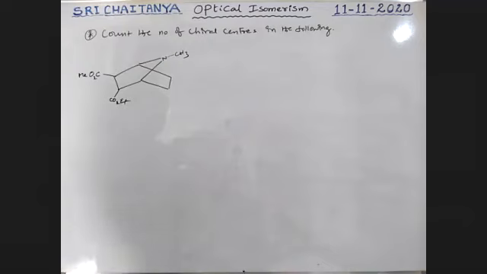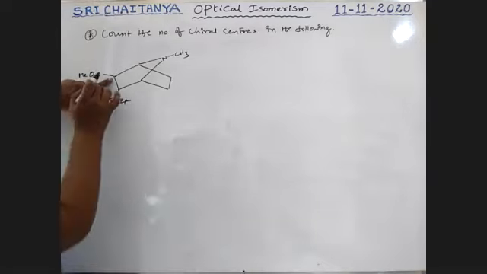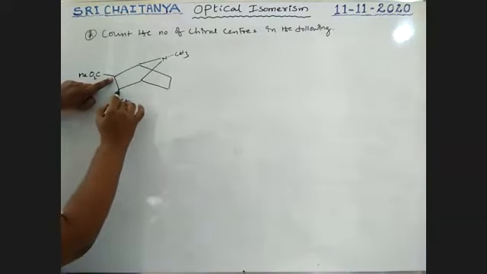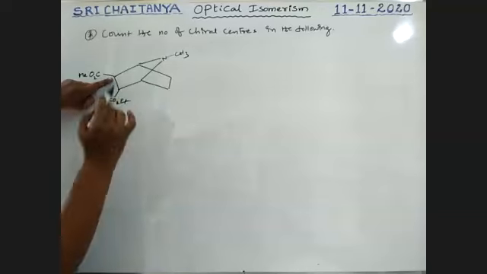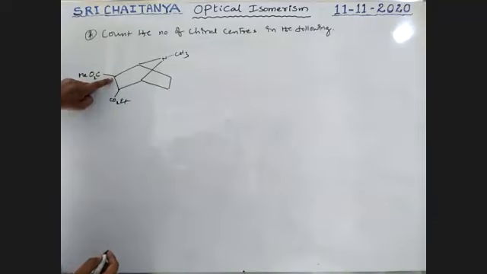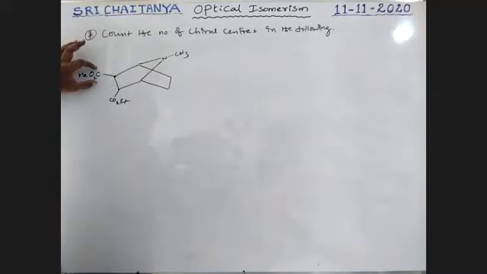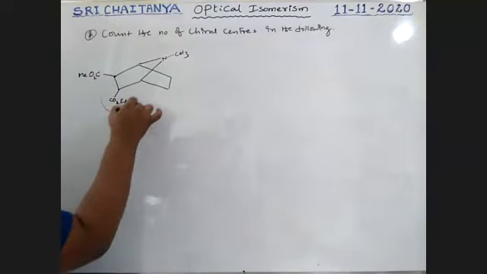See here, boys. So where are these chiral centers available? Let us identify this one. This is bonded with CO2Me. This is bonded with this one. This is bonded with this one. So one more is hydrogen. Therefore, this carbon is bonded with 4 different groups. One is this one. One is this one.